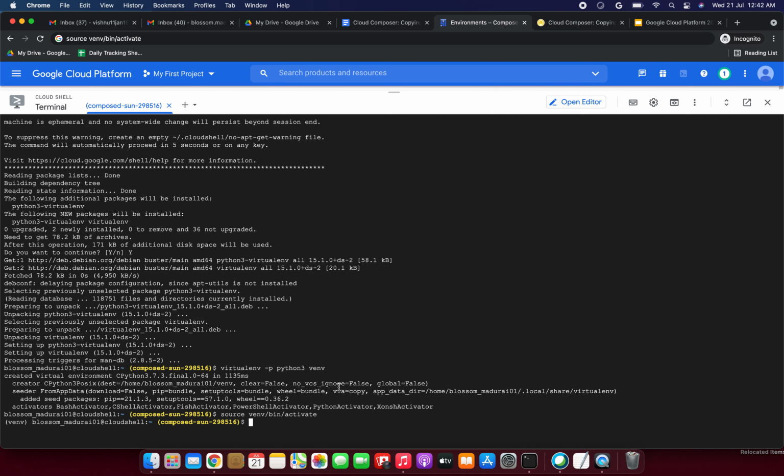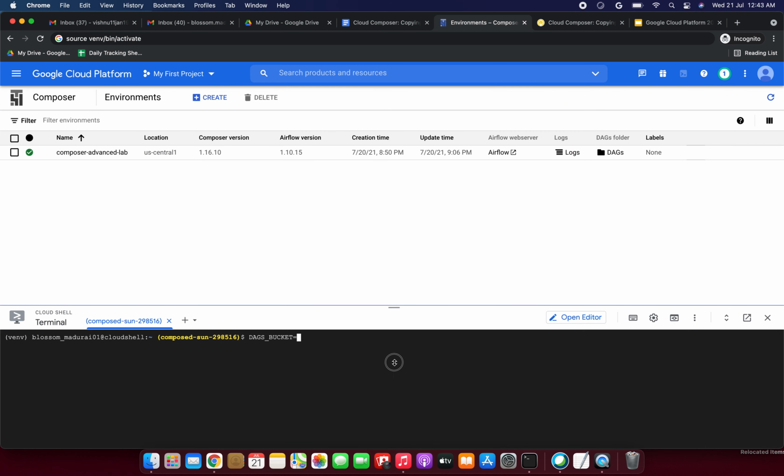Okay, so just enter this command. Let me put clear so that it comes to the top. So now I am entering this command. Before entering this we need to edit this bucket name, us-central1-advanced. So we need to update the DAG bucket name. So go to that